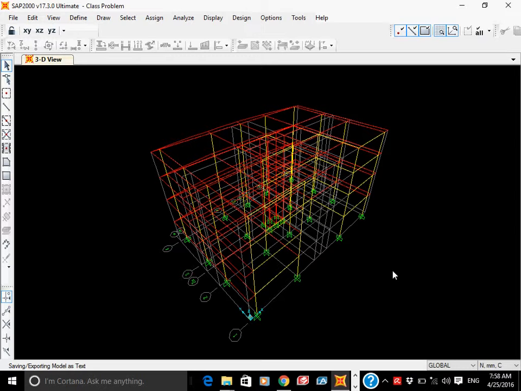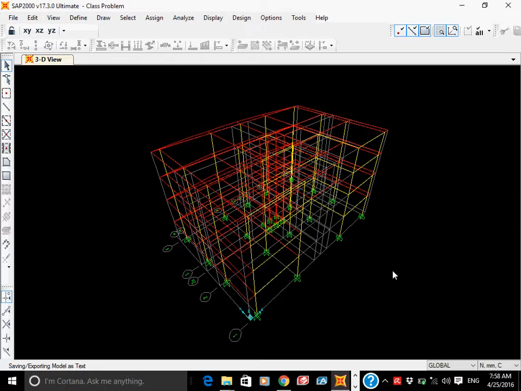SAFE is not going to design columns. SAFE cannot design columns. It can only design slabs, beams, and footings. So if your slab is at 8-meter height column, and if your slab is at 3-meter height column, will it affect the design of slab? It will keep the same. There will be little effect on the stiffness of column. Maybe if the column is short, it will have more stiffness, but overall the design process will remain the same, because your loading is in the gravity direction.